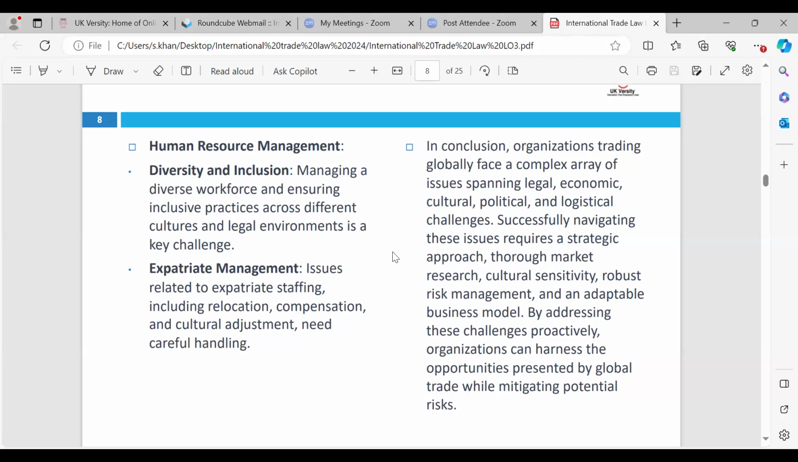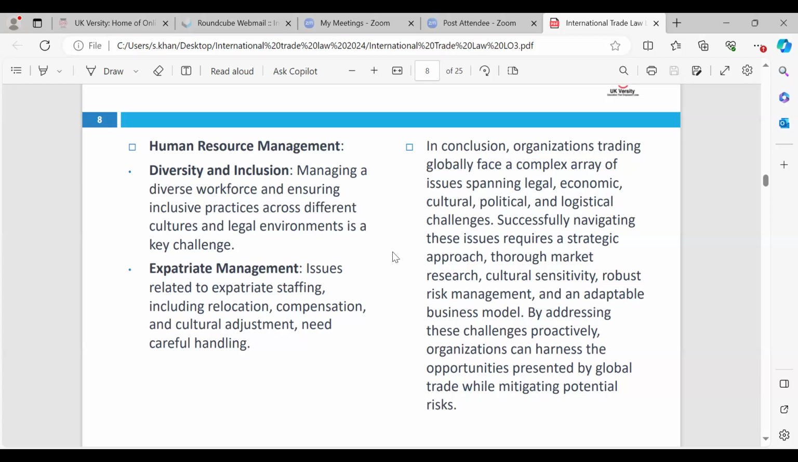In conclusion, organizations trading globally face a rare, complex array of issues spanning legal, economic, cultural, political, and logistical challenges. Successfully navigating these issues requires a strategic approach through market research. It's really important to identify any sort of changes. Cultural sensitivity, as we mentioned, the fact of language barriers, robust risk management, and an adaptable, robust